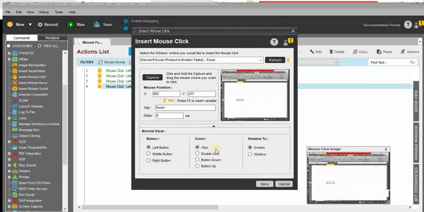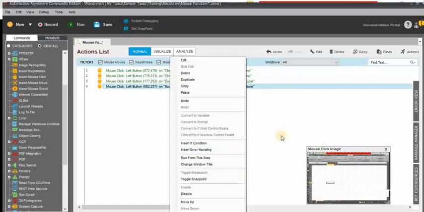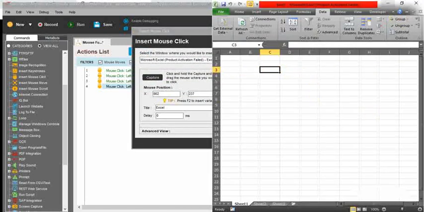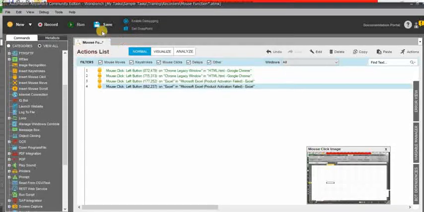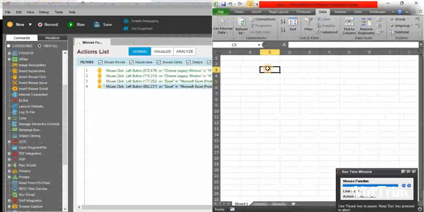In the expand, you can see relative to screen. It will resize your screen, then it will select your mouse. Perfectly it's selected. Hope you can understand, right? Previously it was half of my screen, and I have increased to full screen and saved. Once I have executed the task, it will resize the window, then it will click on your particular place. Perfect.